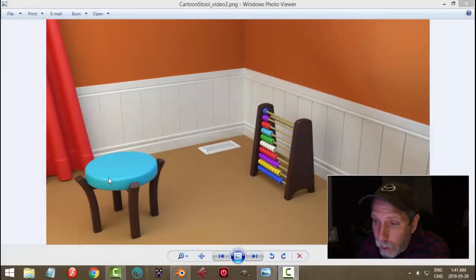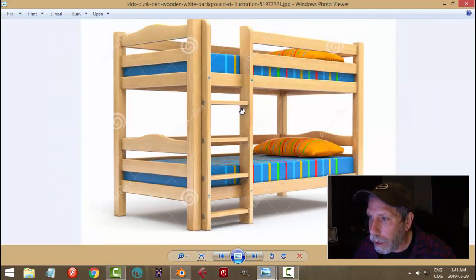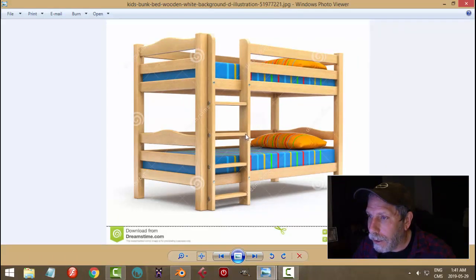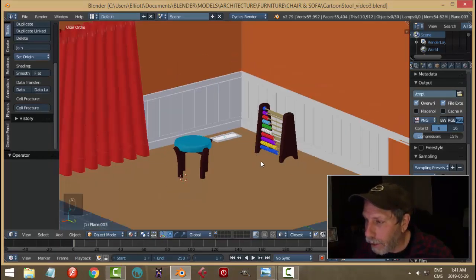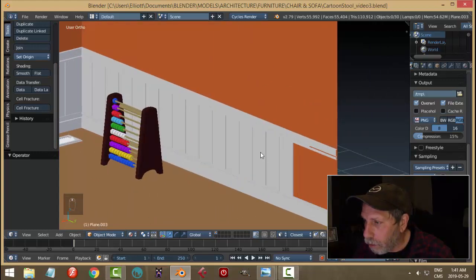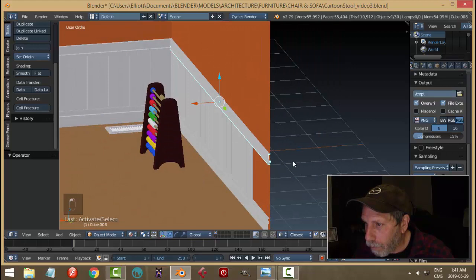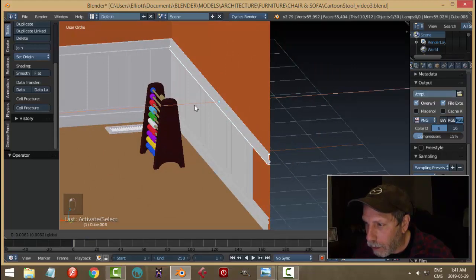This is where I left off in modeling this cartoon stool, and I added the abacus and the paneling and the little floor vent, and I want to model this bunk bed. Seeing as I've got two kids, I'm going to model this bunk bed. It's pretty simple to do, so we're going to do that. And then we'll see about adding it to the scene, but this could be a standalone model if you were interested in that. One thing I am going to do is I'm going to pull this out a tiny bit